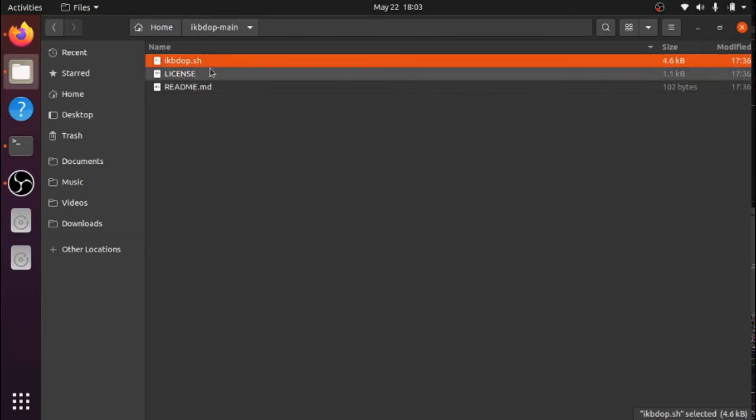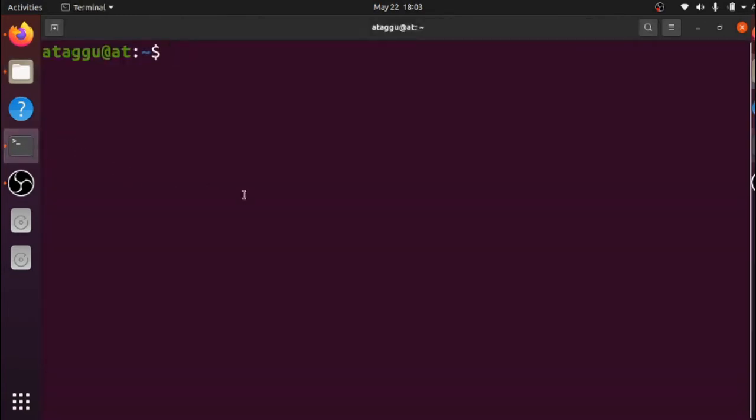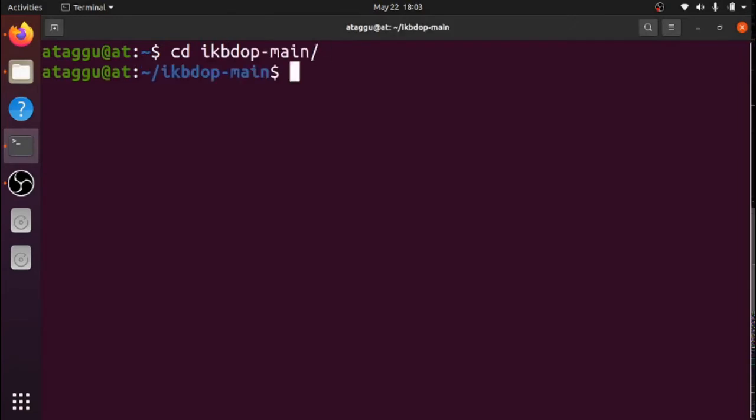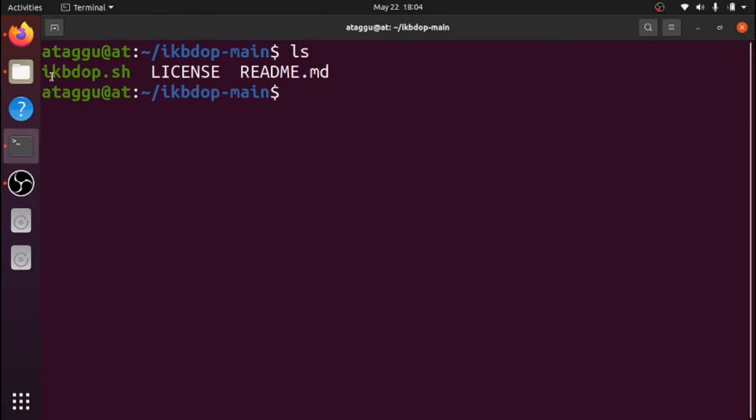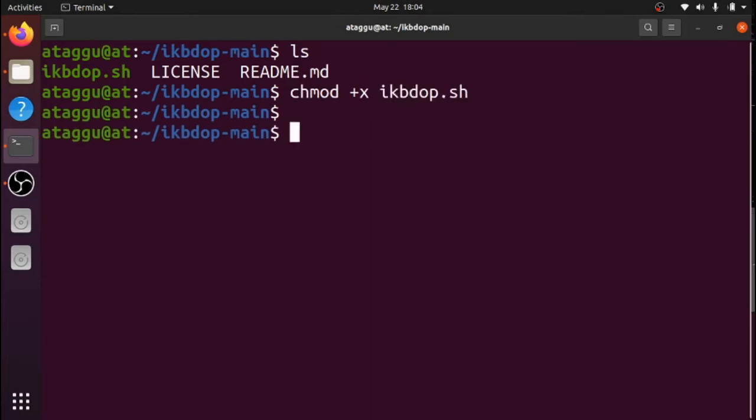We are interested in this particular program. In order to access and run this, to enable or disable your internal keyboard, let's open a command prompt now. Here let's go to internal keyboard operation main. Okay, once we are in this folder, in this command prompt, let's take a look at this internal keyboard operator.sh. We have to make this particular file executable. So let's do a chmod +x ikbd.sh.